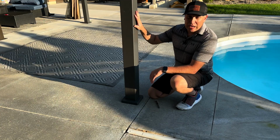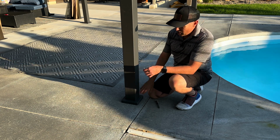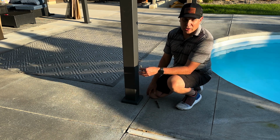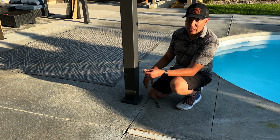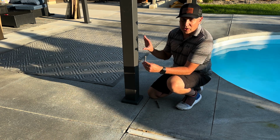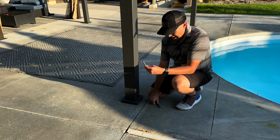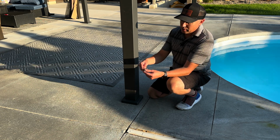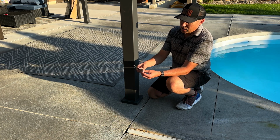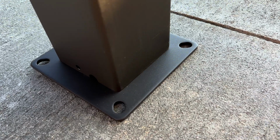So with the frame all built, everything's plumb, you have the legs and everything where you want it to go, the last step is to anchor this down to the concrete if you're putting it on a concrete slab. If you're putting it on a wood deck or something like that, you can just use some lag bolts. Included with this pergola are these concrete anchors, and it comes with the concrete masonry bit that fits a hammer drill. So you just drill down the length of the anchor, and under the sleeve right here, there's